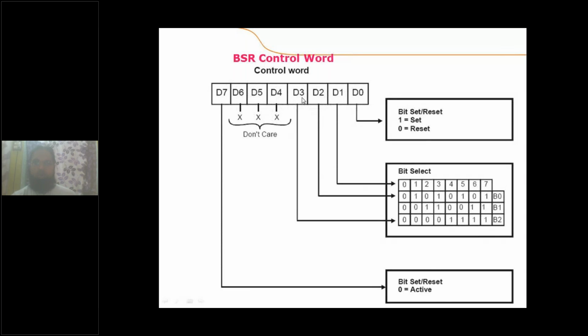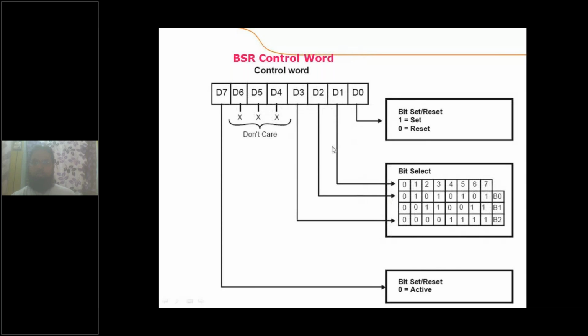These are shown here. This column indicates the port C line. If these three bits are 0, 0, 0, it means that port C 0 line is being set or reset. If this combination is 1, 1, 1, port C 7 line is being set or reset.